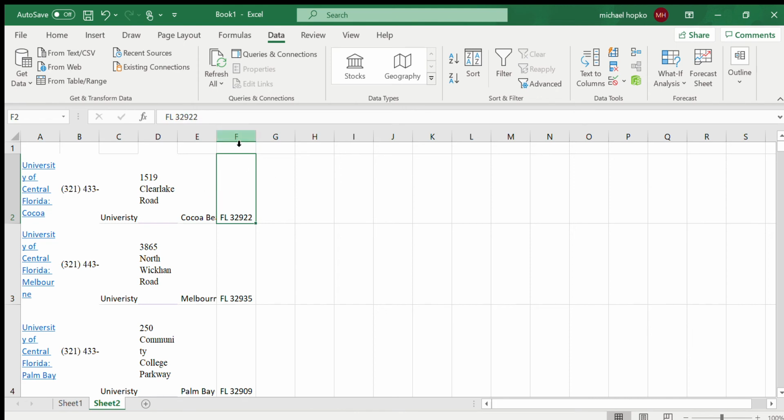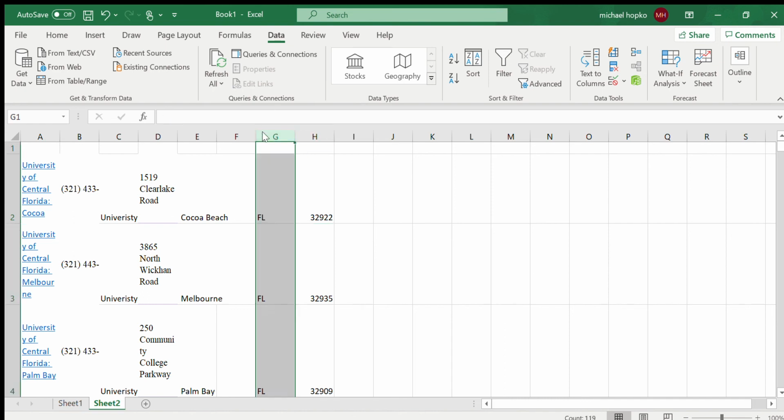We need this split one more time. So you'll select that column, Text to Columns, delimit it again, and this time we'll do it based on space. Go ahead and replace the data because it's fine. And now it's split into Florida and the zip code. We don't need Florida, so we can delete that column.